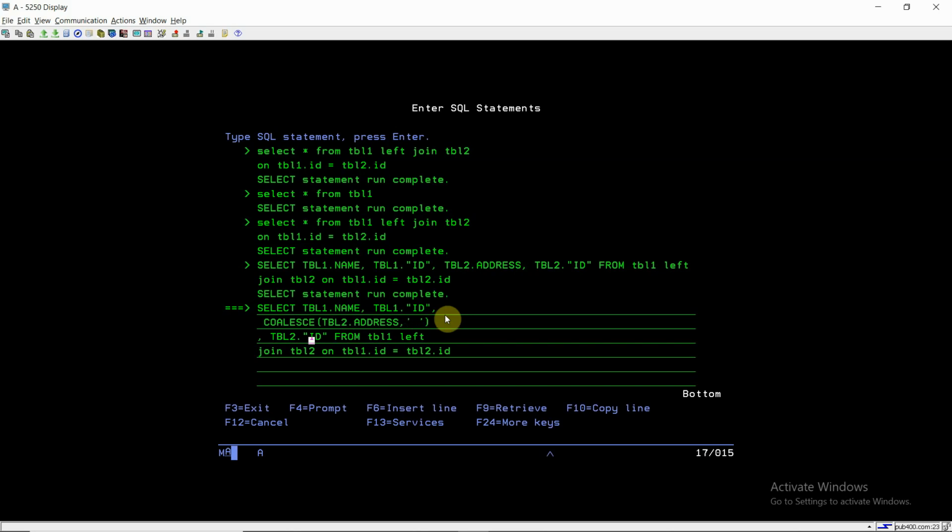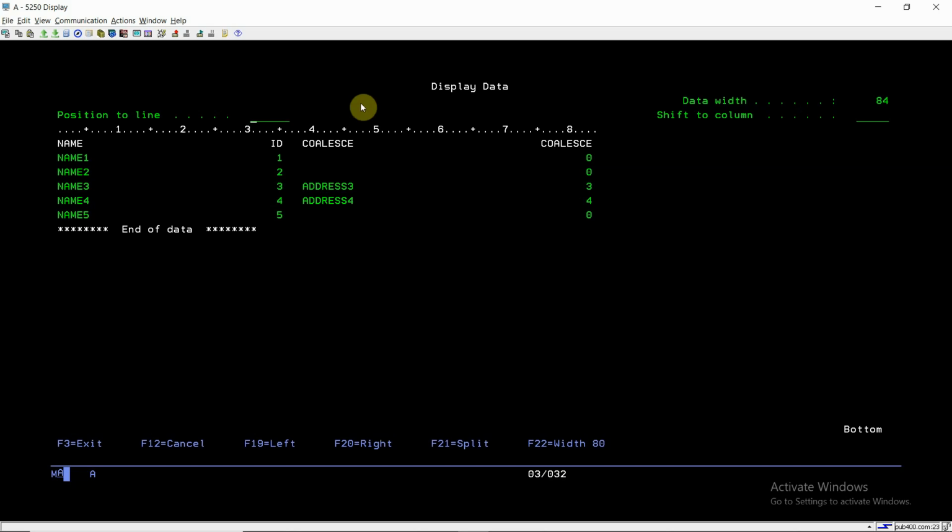And for table 2 dot id, which is the decimal integer value, in case it is null, it will change it to 0. Now if I press enter, we can see that earlier we were getting the null values in these three rows, for IDs 1, 2 and 5, for the left join operation, because we have not found the matching row in the right hand side table.